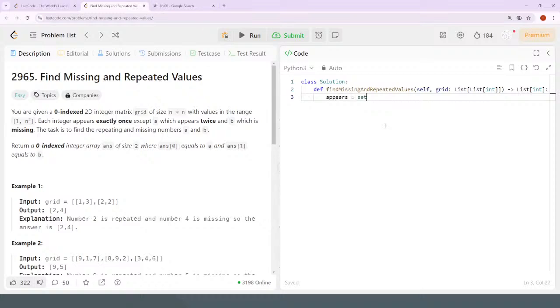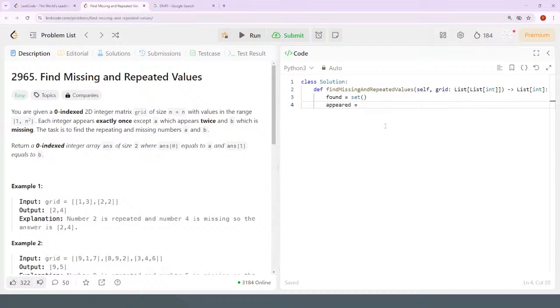Appears is equal to empty set, and then found, actually let's say found is equal to empty set, and then